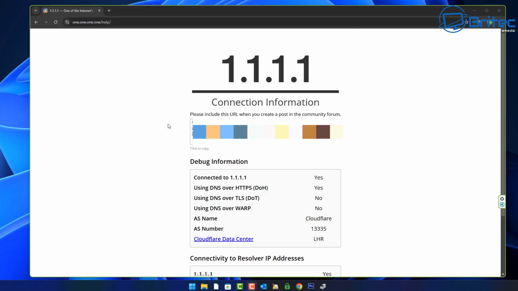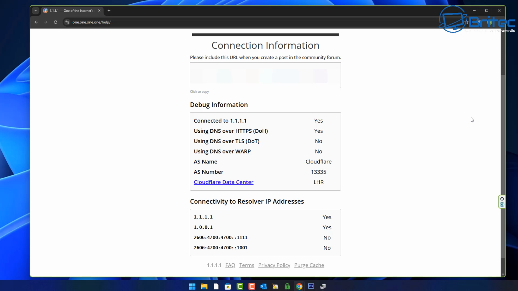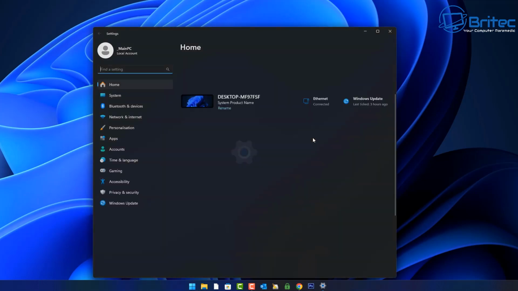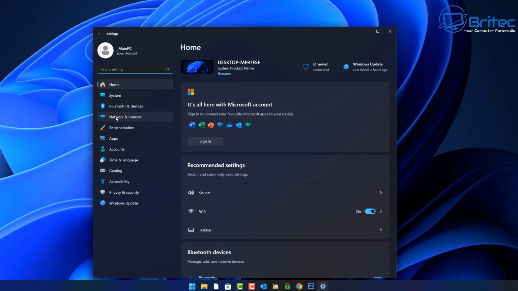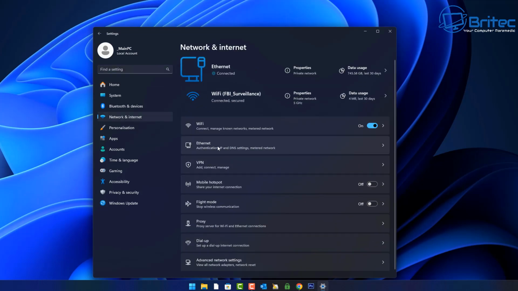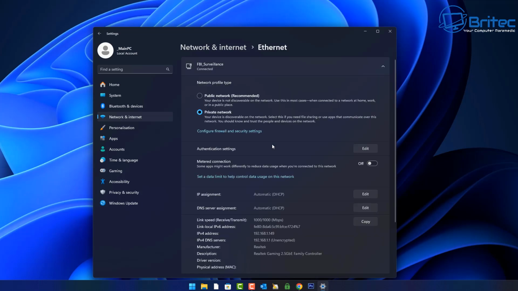So you can do a quick check here on their website, and it's telling us that we are connected to 1.1.1.1, and it says yes, and using DNS over HTTPS, DOH, and you can see there it says yes. And you may see no on a couple of these, and that's because we haven't done this for the Ethernet connection. But basically, we are connected to the 1.1.1.1 and the 1.0.0.1. So that is basically how you can set those up. And again, like I said, if you wanted to set this up for your Ethernet connection, you would have to go into your Ethernet connection right here and go through the same process, come down here, and you would click on